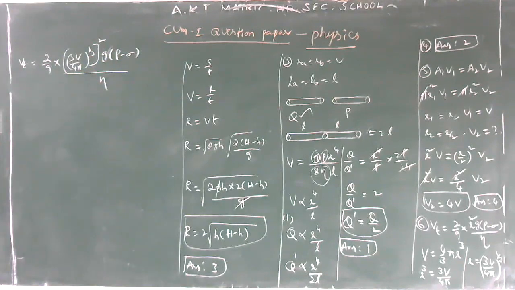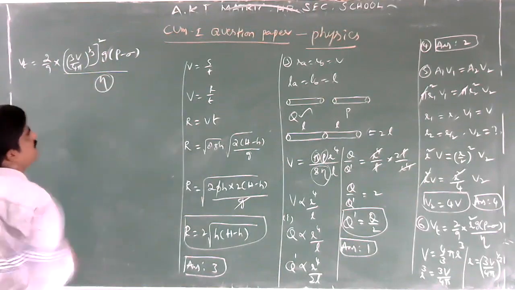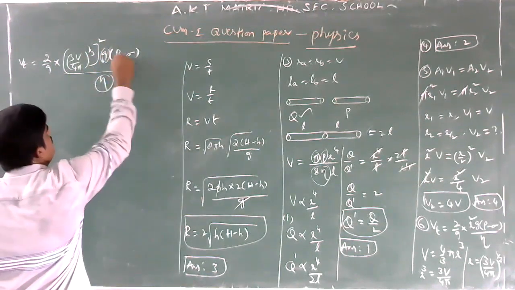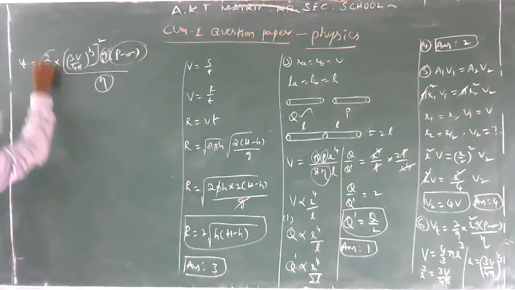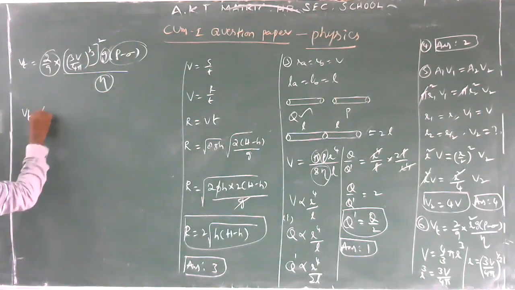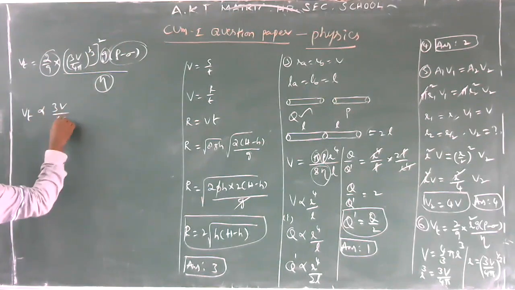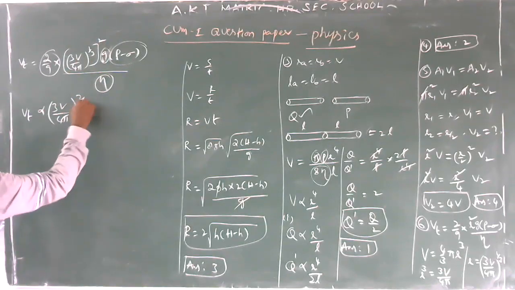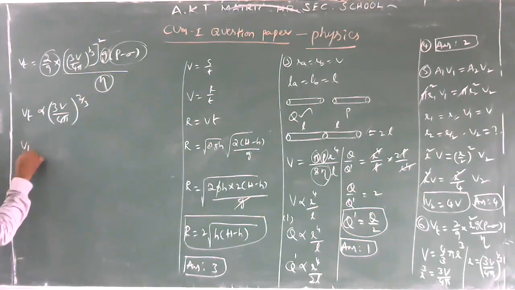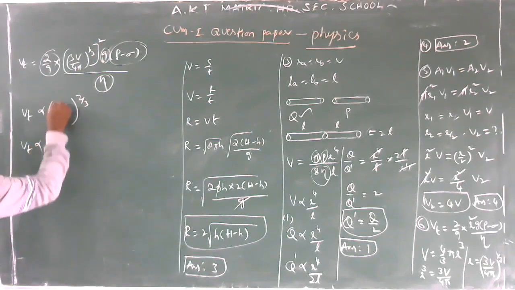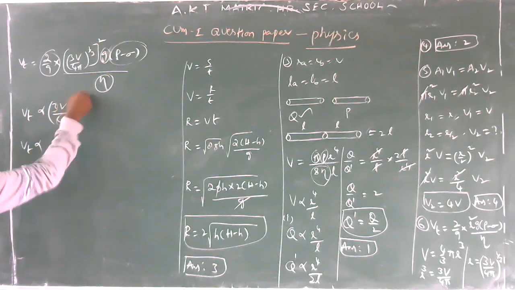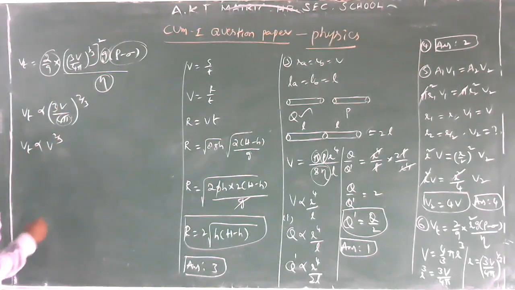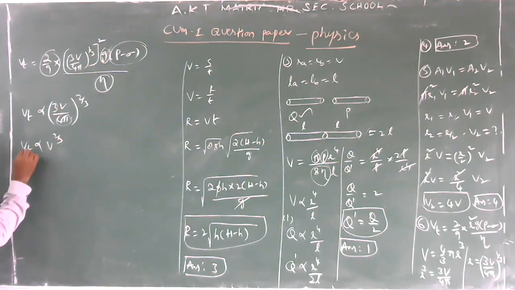But in the given statement, both spheres are falling through the same fluid, so eta is constant, gravity constant, next rho minus sigma also constant. So 2 by 9 also constant. Then Vt is proportional to 3V by 4 pi whole power of 1 by 3 whole power of 2. Vt is proportional to, where 3 and 4 pi are constant, remaining volume power of 2 by 3. So Vt is proportional to V power of 2 by 3.